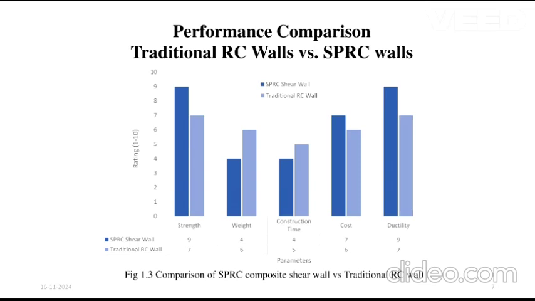Additionally, SPRC walls also show a reduction in weight and construction time compared to reinforced concrete wall. However, its overall cost is slightly higher compared to traditional reinforced concrete wall. Moving forward,